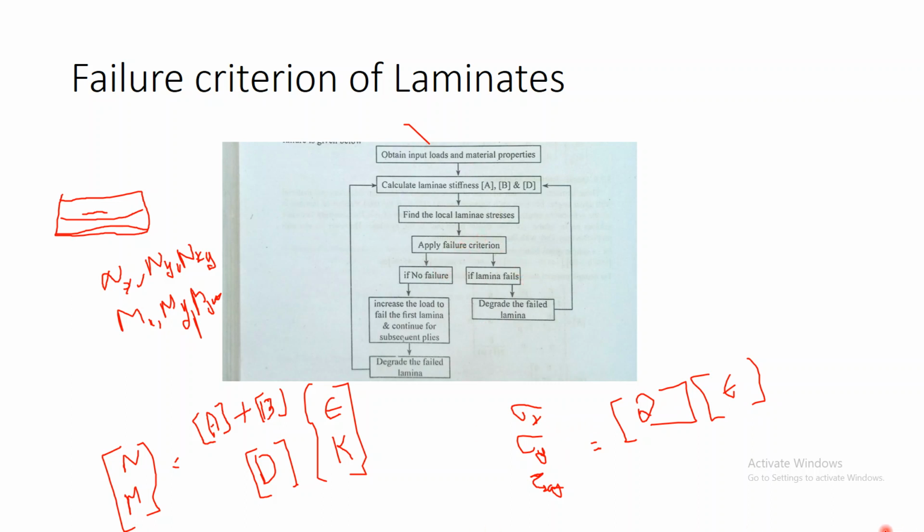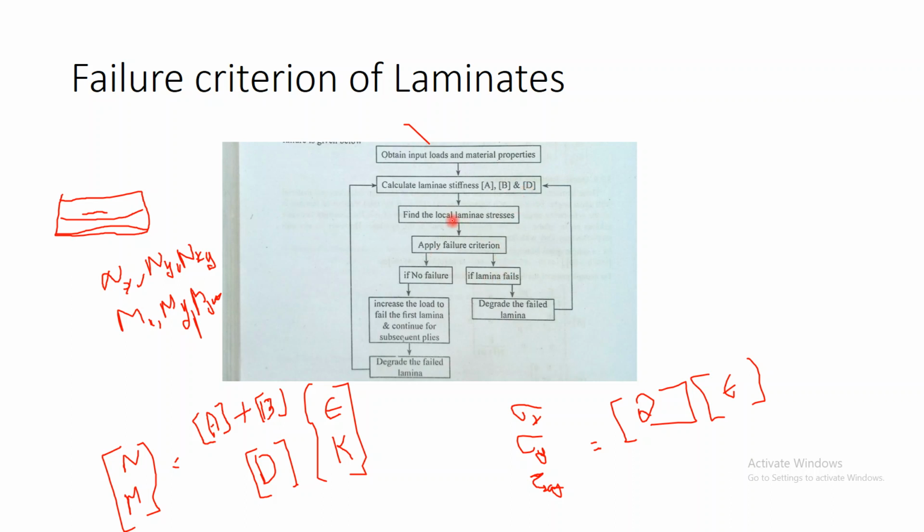the maximum stress theory, maximum strain theory, Tsai-Hill theory, all the theories that we can apply to determine whether the material is going to fail or not. If the lamina fails the test, then we should redesign by going through the degradation of the lamina. The meaning is that the thickness is not sufficient to take such loads. In such cases, either we can increase the thickness or change the material properties. All these things we can do in the second step itself.